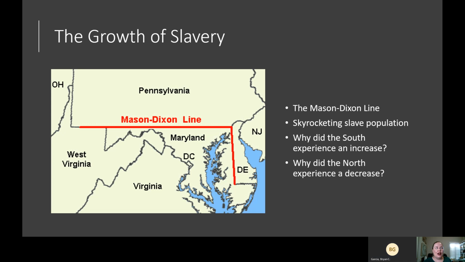Did they just believe that slavery was wrong, or were there other reasons why they didn't need slavery anymore? It's probably a combination of both moral, but also there's not as many cotton fields, obviously, in the North, so it was less labor. But still, I'm sure there were still things slaves were forced to do.